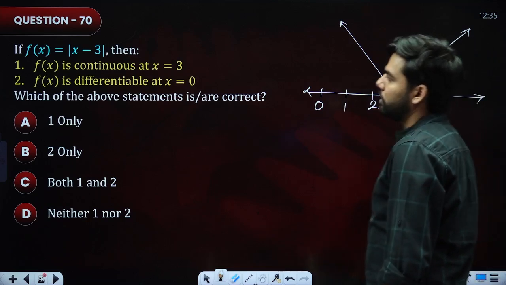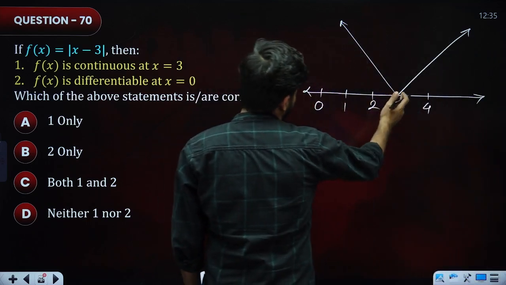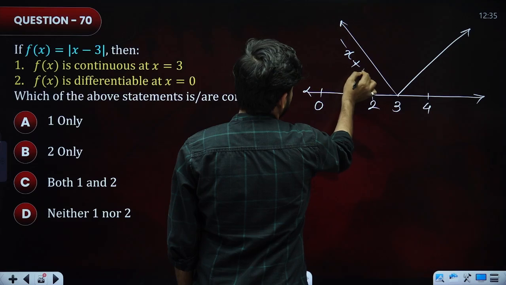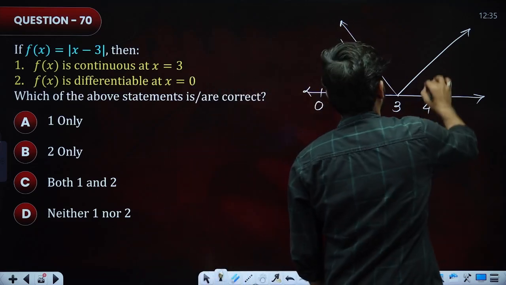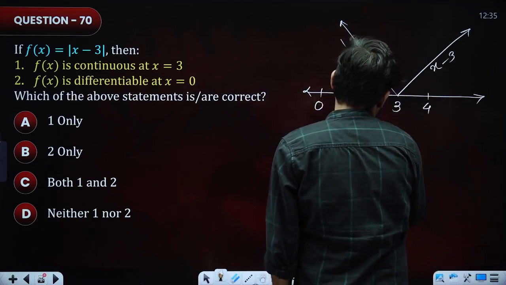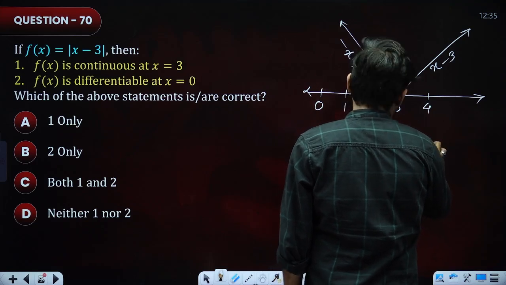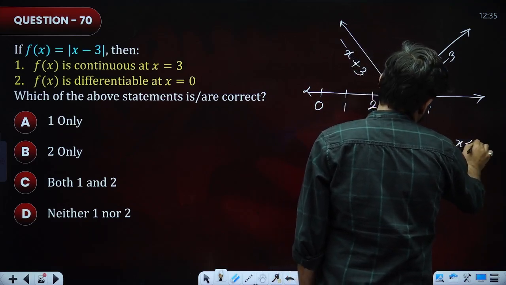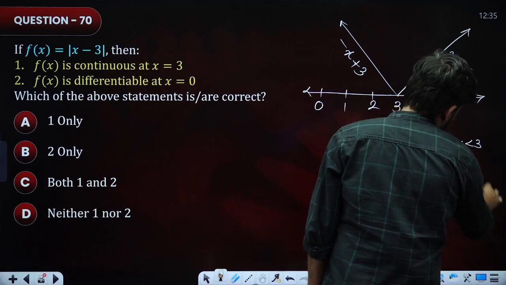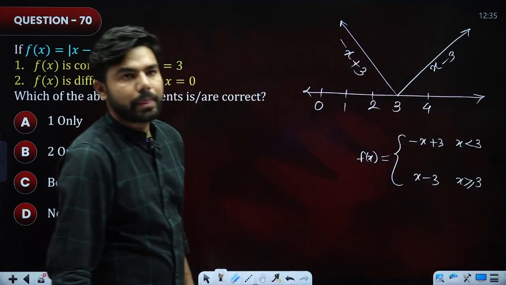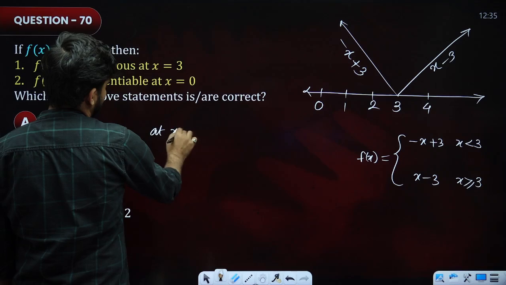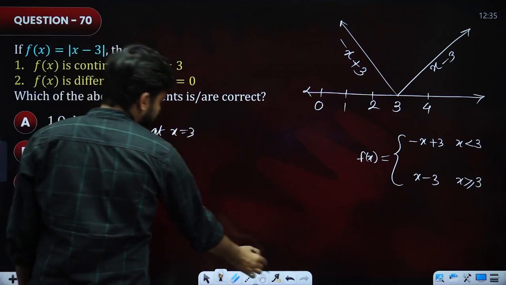Okay. Now in that case, the left part of 3 looks like this: minus x plus 3, and the right part is x minus 3. We can write f of x equals minus x plus 3 if x is less than 3, and x minus 3 if x is greater than or equal to 3. This is the condition. Okay, so in that case, if I try to find at x equals 3,